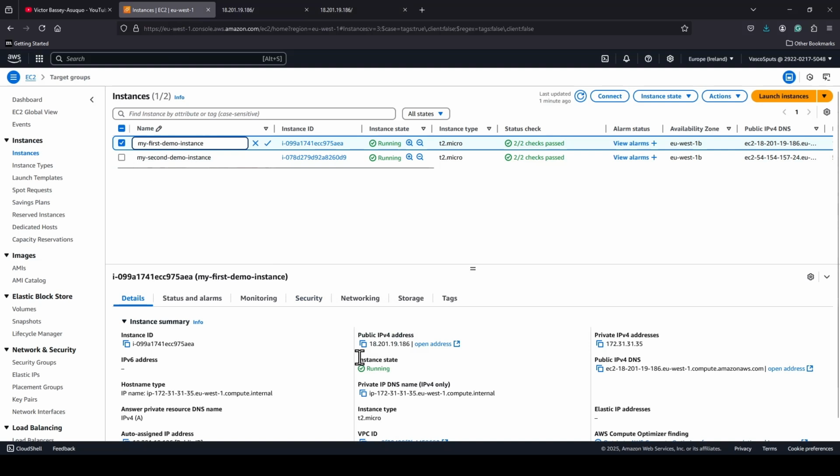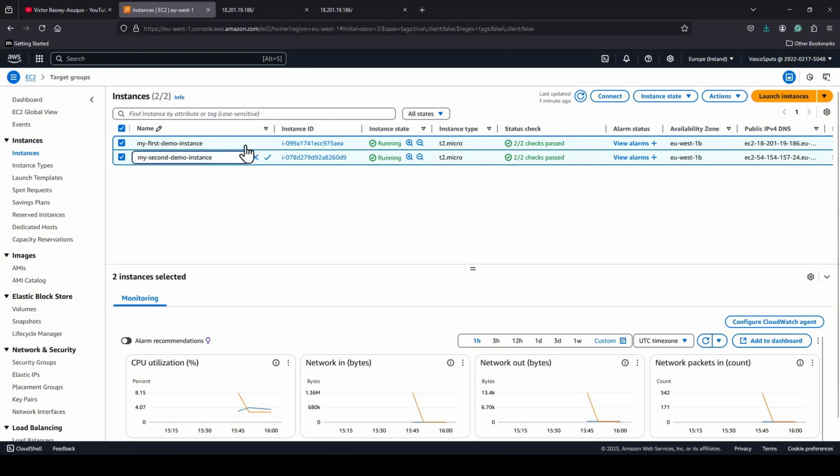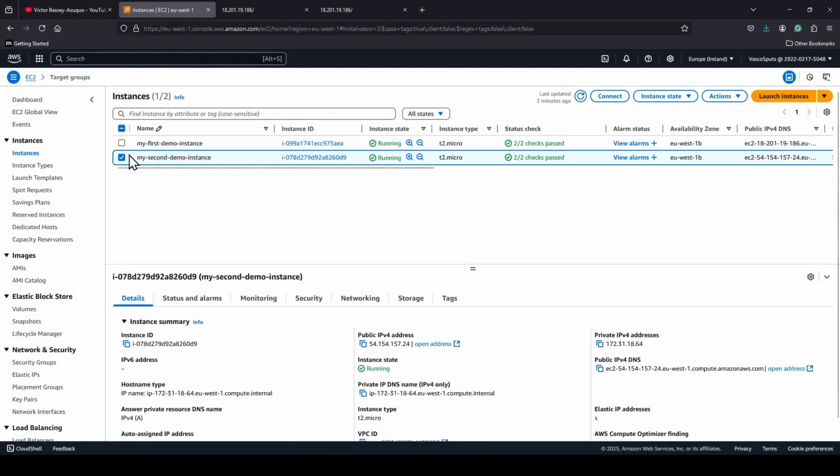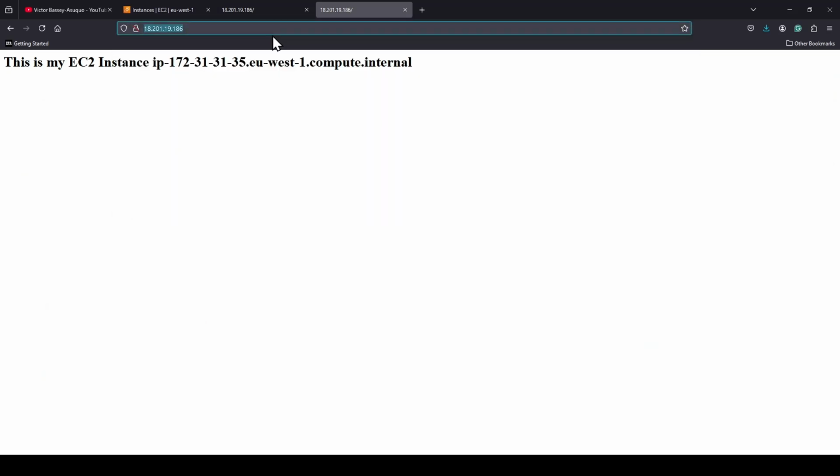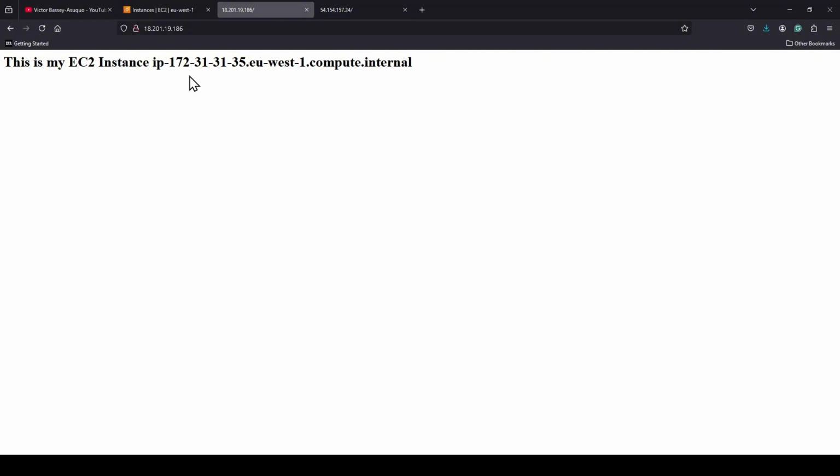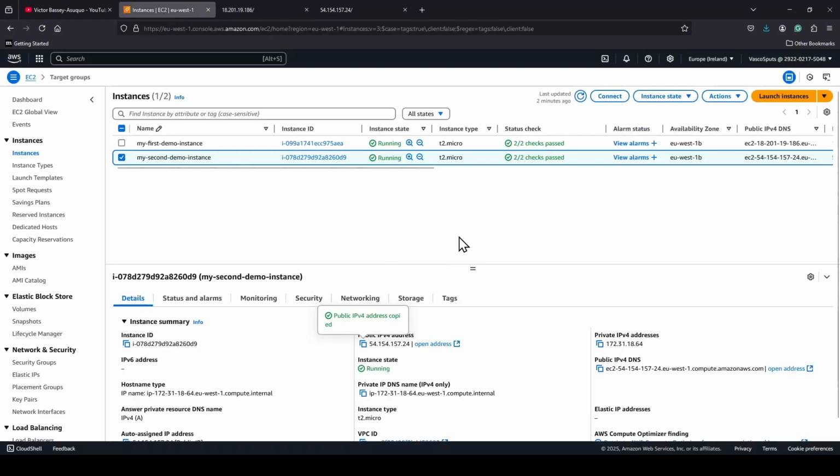Okay, I'll just copy this and paste. So we can see 172.31.18.64 and 172.31.31.35. So we are able to access the HTTP service on each of those instances